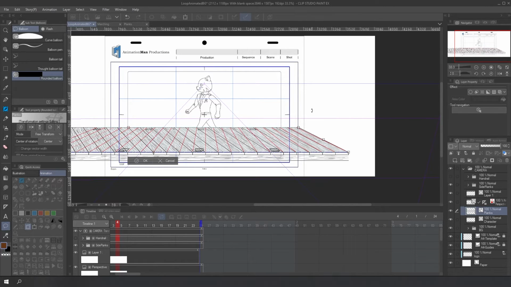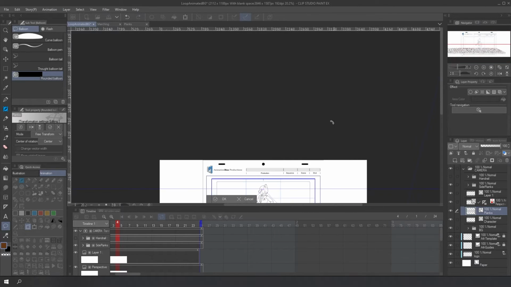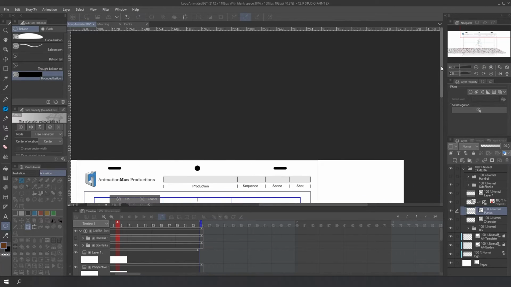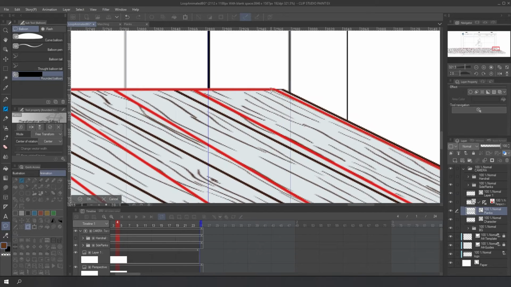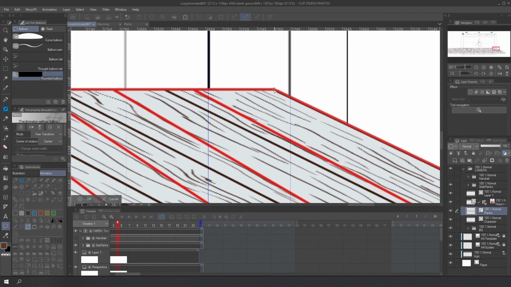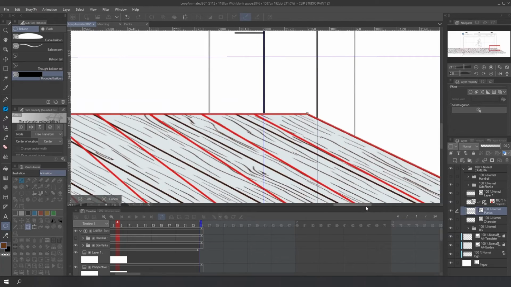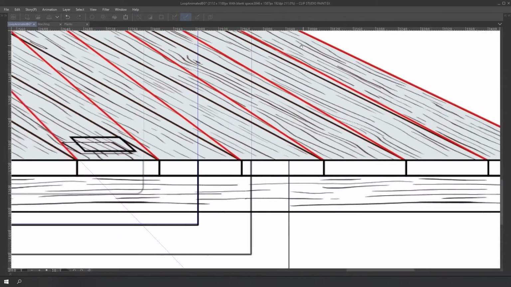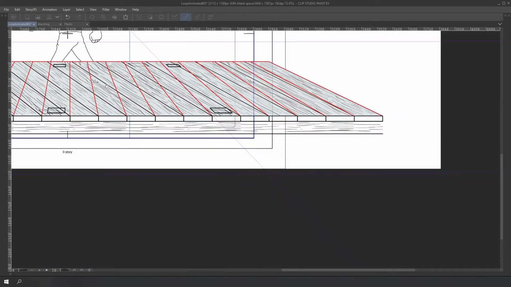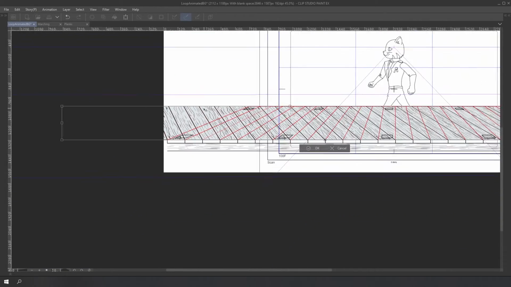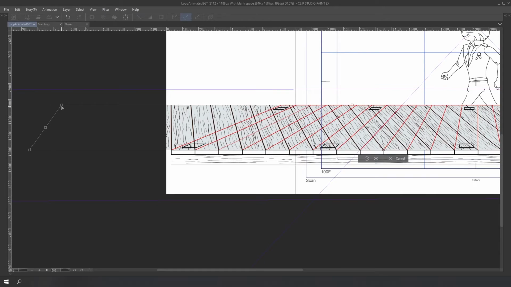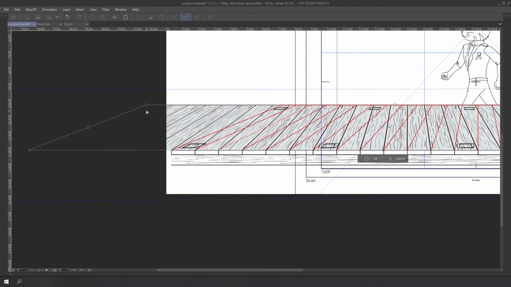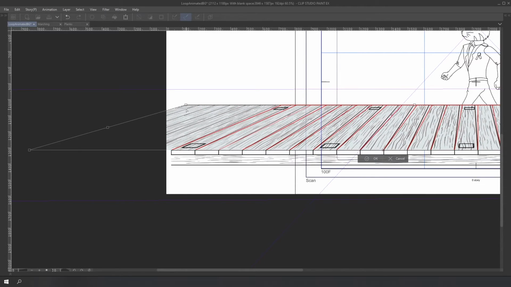So pressing the Shift key, move the corner to match the corner of the drawing. I'm going to zoom in to adjust the position. Do it as perfect as you can. Now the other corner. Press Shift and match the perspective lines. Be patient and do it until everything looks okay.